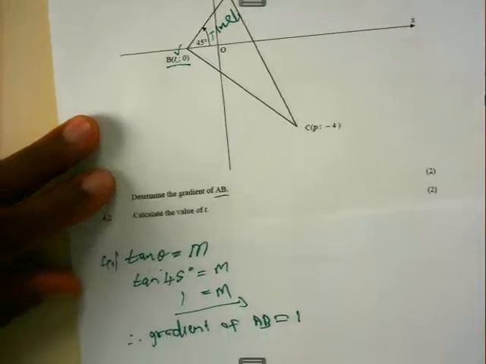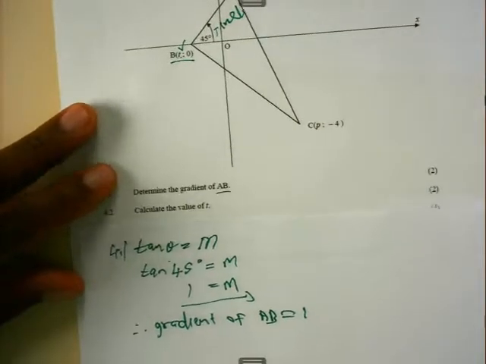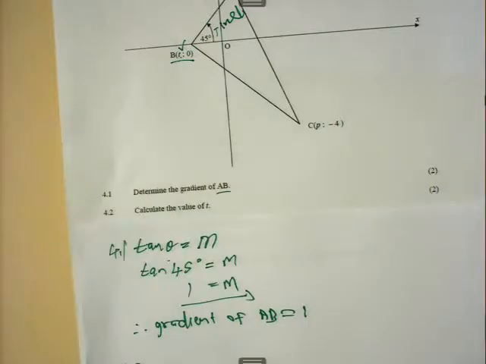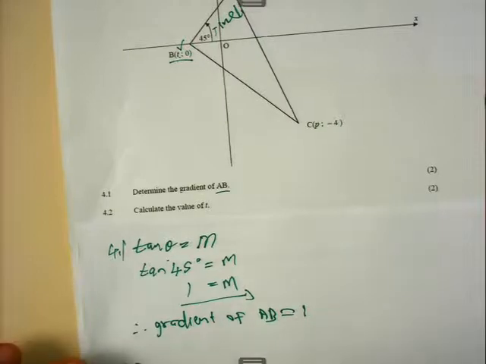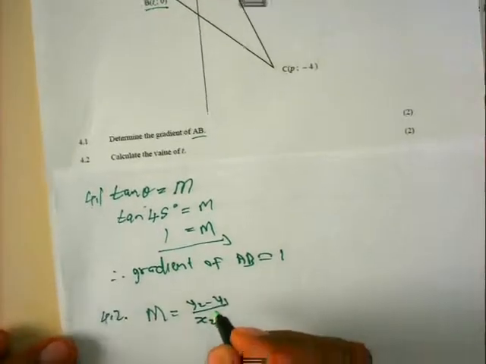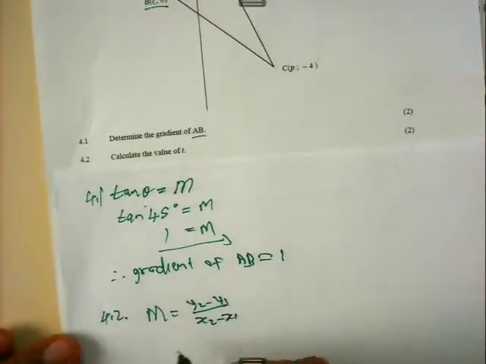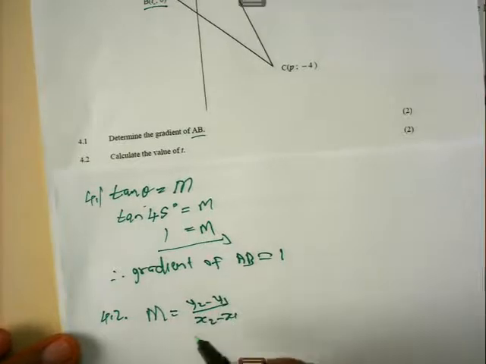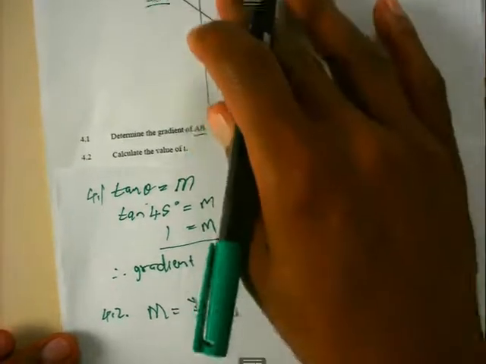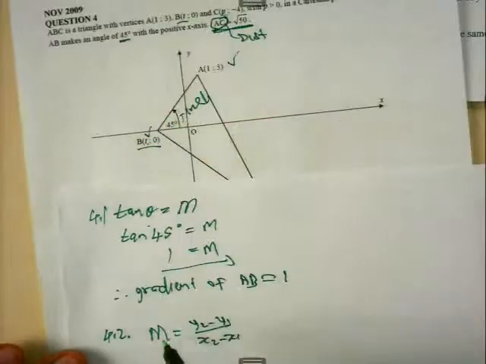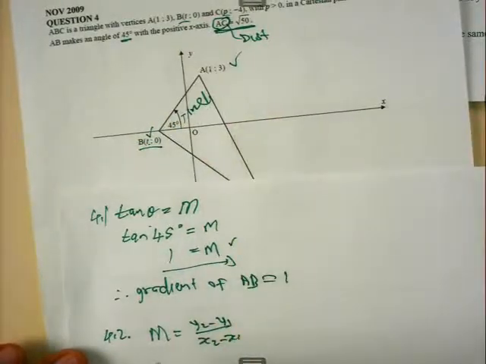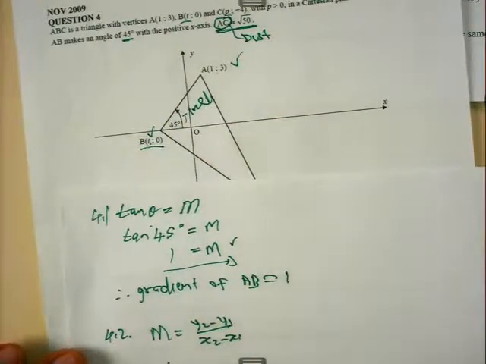I believe that, boys and girls, because this is a 2 marks question, you already have the answer now. Yes, I can see the smile that you have the answer. Let us see if your answer is correct. Now, the gradient formula is y2 minus y1 over x2 minus x1. From here, you only substitute. You set the gradient equal to 1. Therefore, 1 is equal to